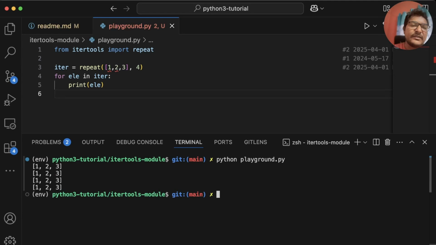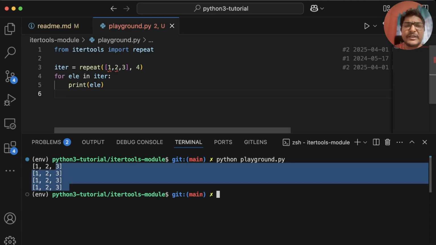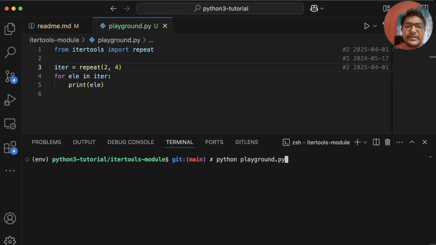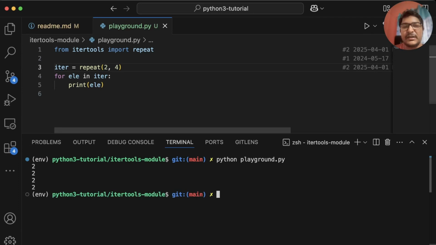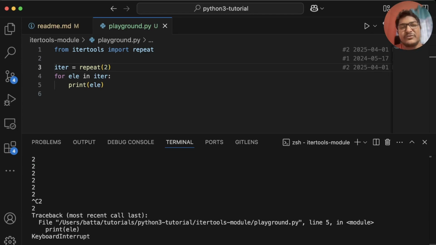So once we have it, it just printed 4 times whatever the element that I'm passing here. Let's say if I want a number 2 for 4 times, and then I can simply update and run it. So this is how we get n number of times the given element. So if I just remove the 4, then it generates whatever the given element infinitely. So here we can see that it's generating infinitely. So that's how we use the repeat function